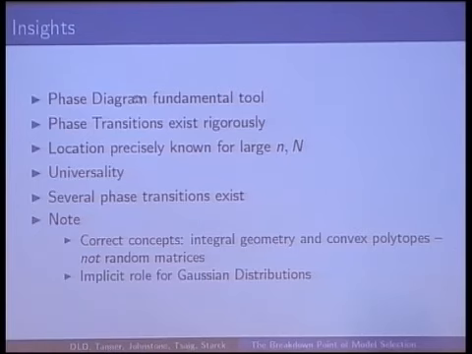Although there are random matrices in the problem, and you can do quite a bit with the theory of random matrices, it's not really going to expose the sharp phenomenon that's there. It'll just give you the idea that something interesting is happening. And then implicitly, the Gaussian comes in all over the place, but not because of, let's say, traditional central limit theory concerns.